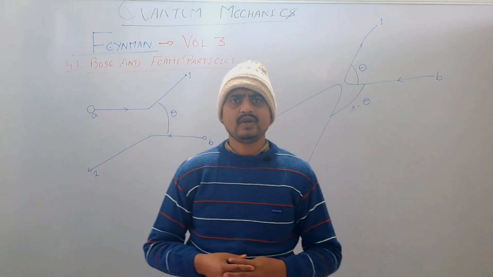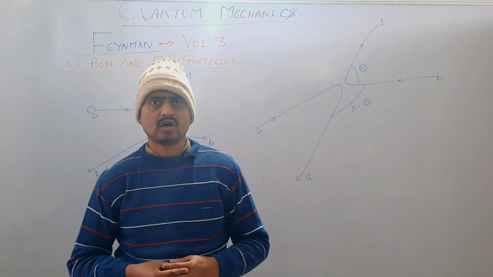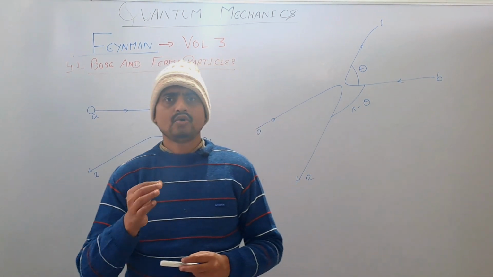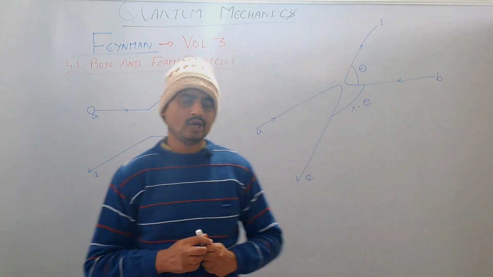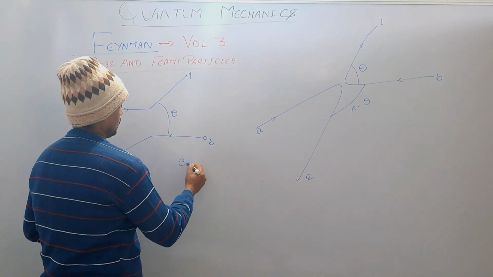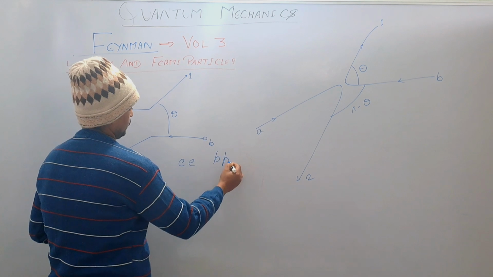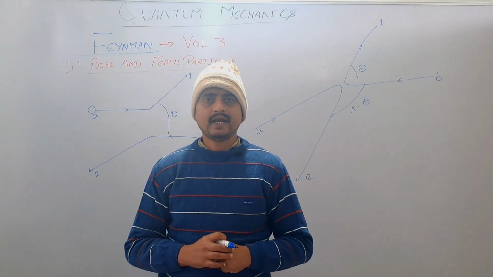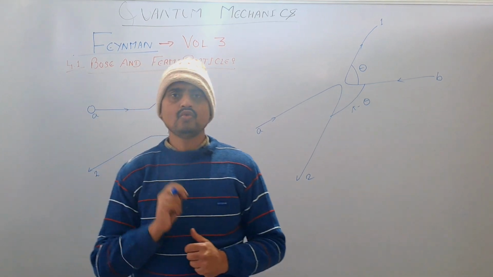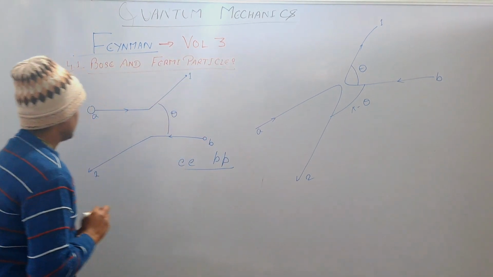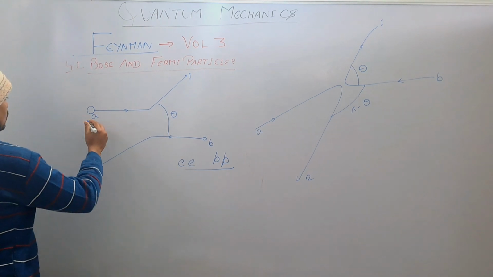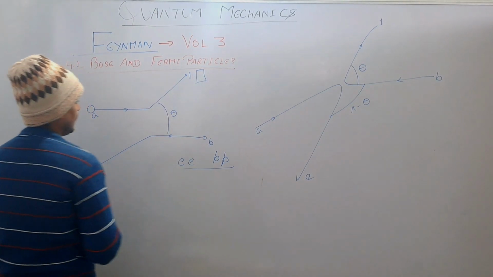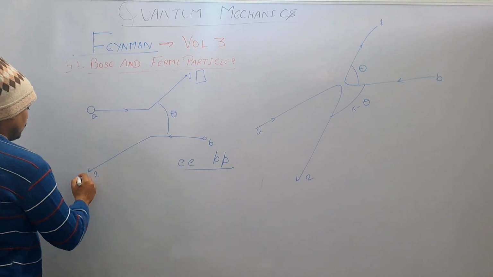In the last lecture, we learned about the interference that occurs in the process of two identical particles. Two identical particles means two electrons or two protons. Suppose we are taking collision of two identical electrons, and suppose that electron A is going to counter 1 and electron B is going to counter 2.